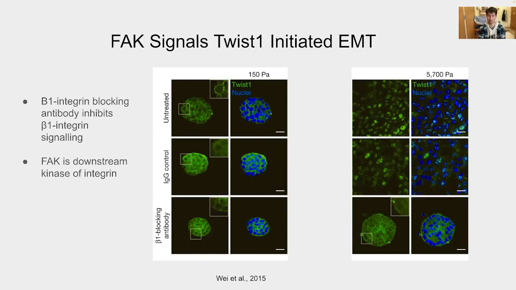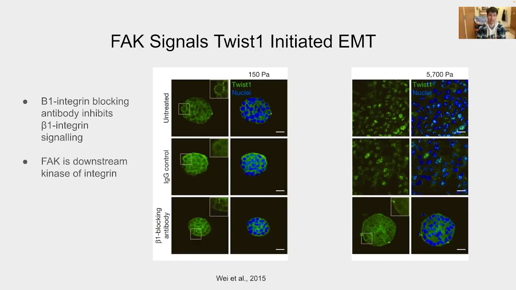So, similar setup, they repeat the procedure, but this time they stained for TWIST1. When TWIST1 is inactive, it's localized in the cytoplasm, but when it's active, as seen in the high stiffness matrix, it translocates to the nucleus. However, when treated with an integrin blocking antibody, EMT was inhibited in a high stiffness and TWIST1 remained in the cytoplasm. So this is good evidence suggesting that